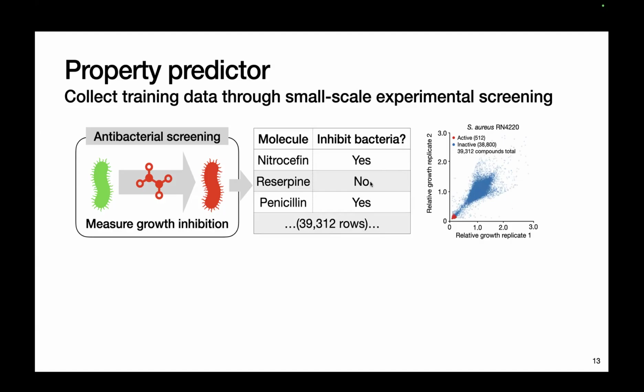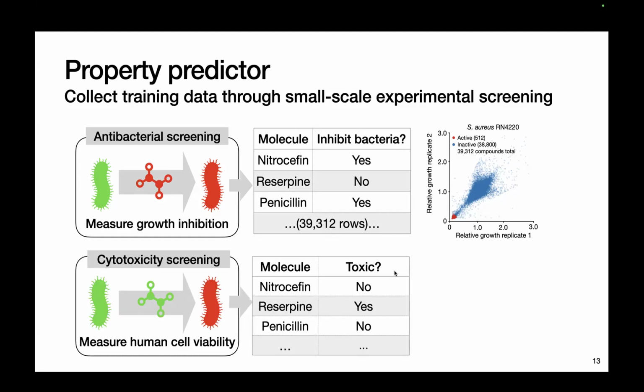Then we binarized the output, right? So here you can see the red ones are labeled as inhibitive. These molecules can inhibit the bacteria. The blue ones are the inactive compounds that fail to inhibit the bacterial growth, right? So we generated such data sets that can teach the model to predict what kind of molecules are